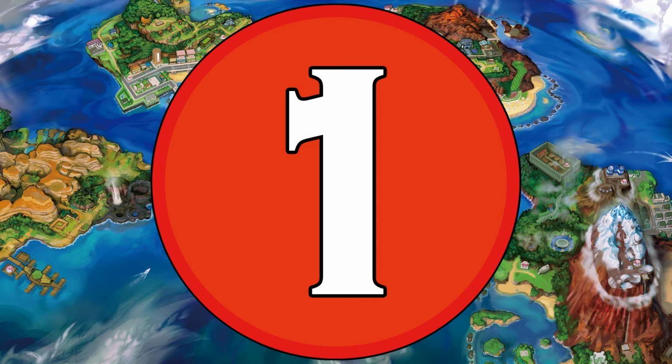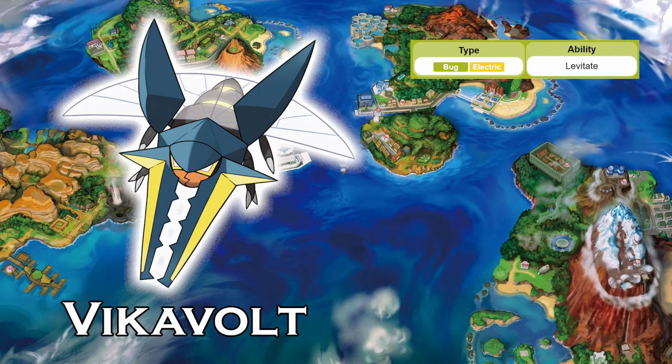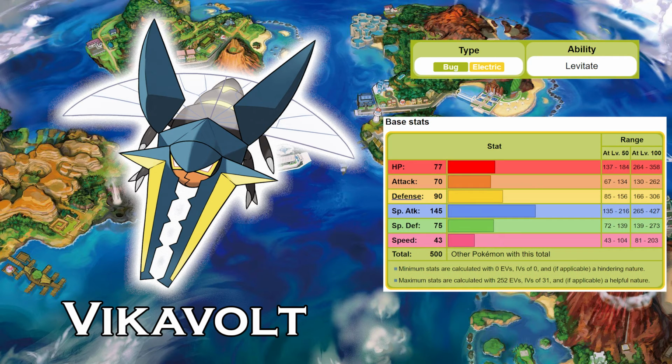Number 1. Vikavolt. A bug electric type, Vikavolt is my favorite Pokemon from Generation 7. If you saw my Gen 8 video, you'll know that I love cool looking bug types, and Vikavolt is no different. It's slower than you'd expect, but has an amazing base stat total, with a good chunk of it going